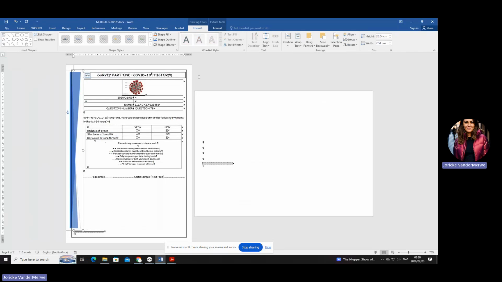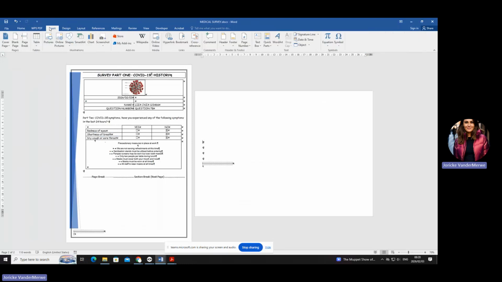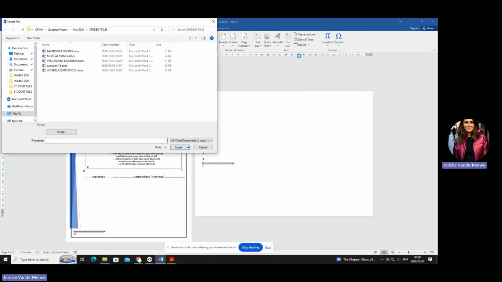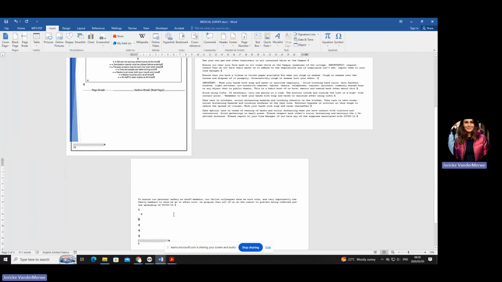Number 11, insert the file workplace protocol that has been saved in the computer practice student files folder after the page break at the top of page 2. So they want it somewhere here. Remember, if they ask you to put in something from a file, you know it's going to be Insert, Object, and then you're going to choose Text from File like you did here. This was also text from file. And then the one that I want there is the workplace protocol. So you just double click and it's actually inserted.